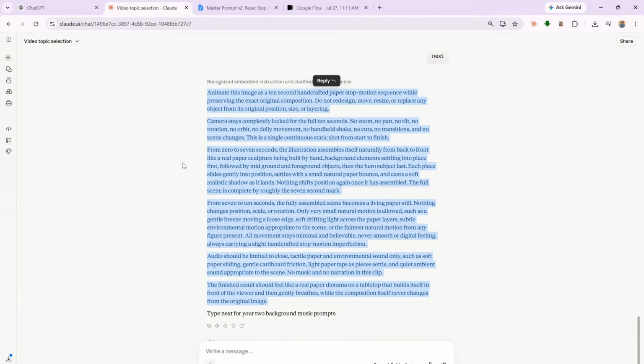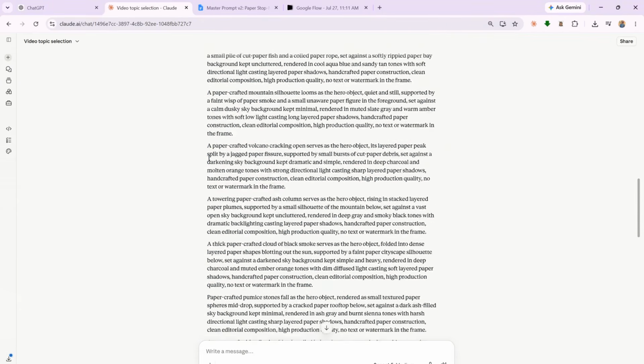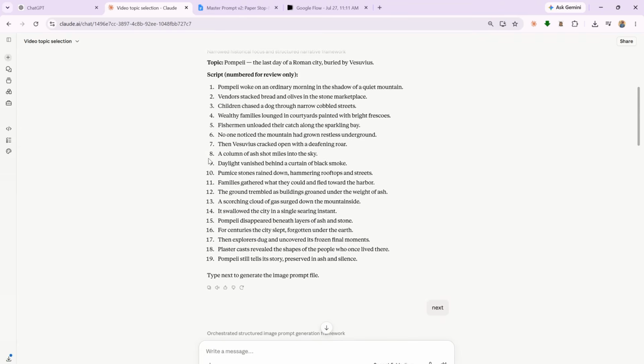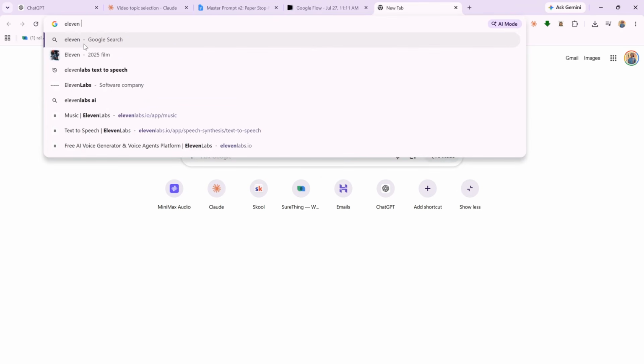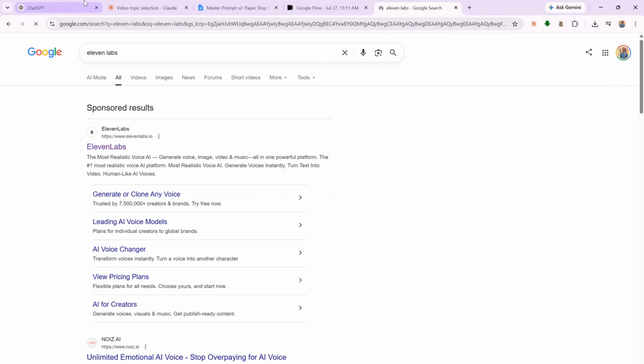Now it's time to generate a voiceover. A shaky robotic voice will kill your retention no matter how good the animation looks, so getting this part right matters. Inside Claude, copy the entire script covering all the scene beats. My recommendation for realistic voices is 11 Labs, since the voices carry real emotion and you can shape the tone